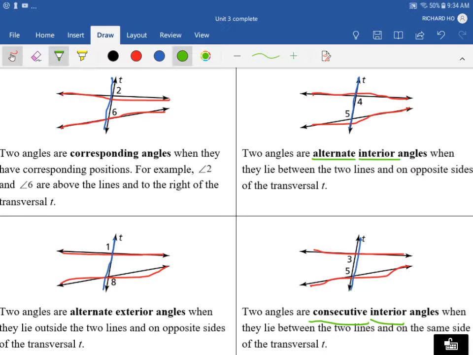When it comes to exterior angles, so here at the bottom left, you have 1 and 8 here on the outside of the red, and then they're on opposite sides of the